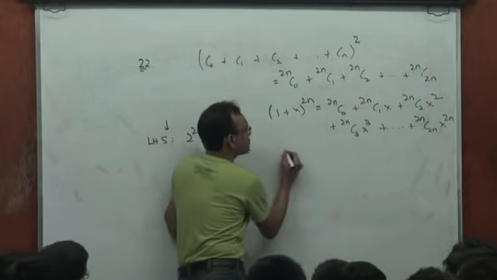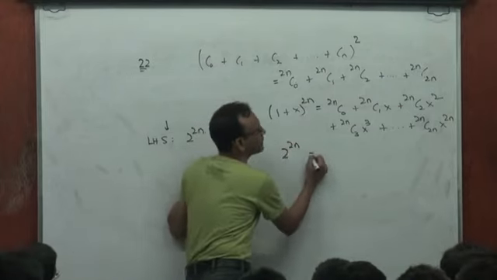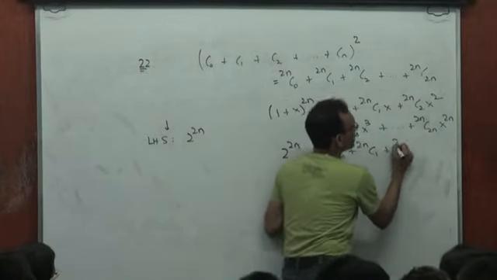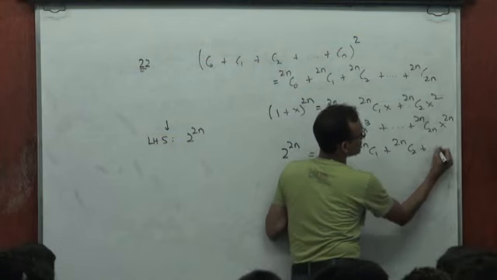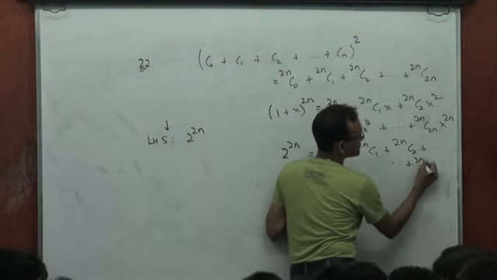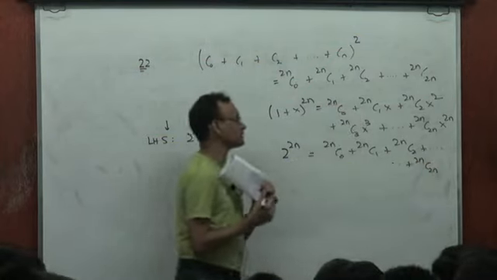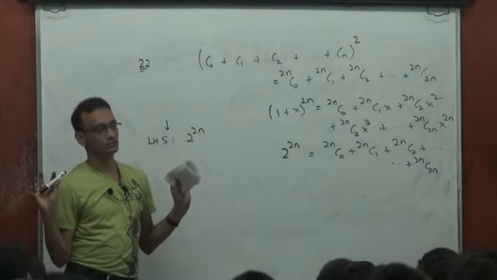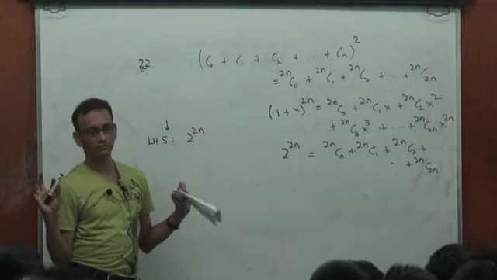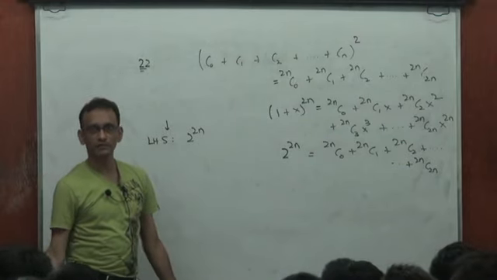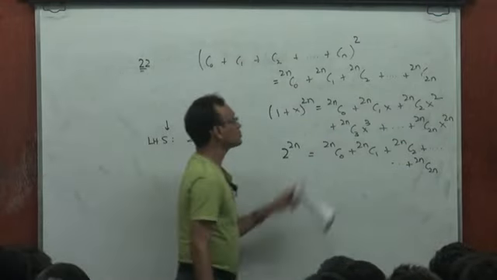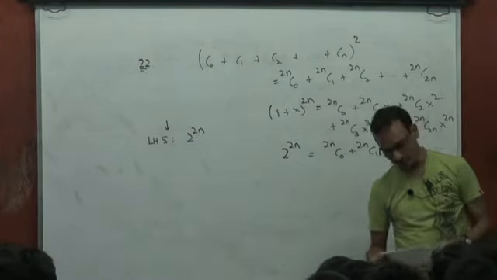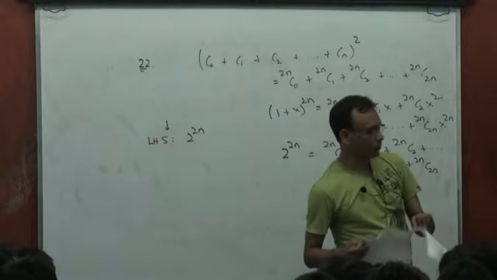If you plug in x equal to 1 on both sides, then 2 to the power 2n is 2n c0 plus 2n c1 plus 2n c2 plus up to 2n c2n is what you get. How about it? Is that all right? So which is the right hand side and also the left hand side? Okay. Now what I want to tell you is